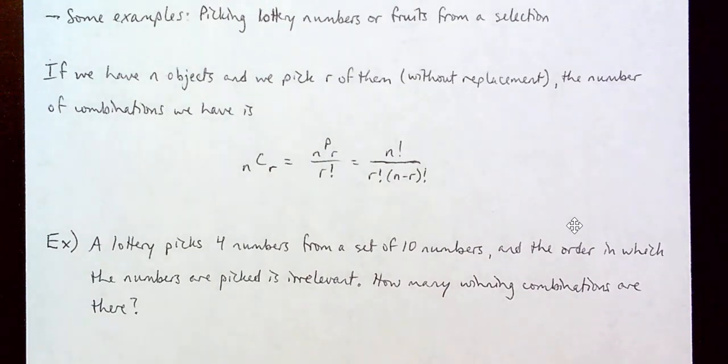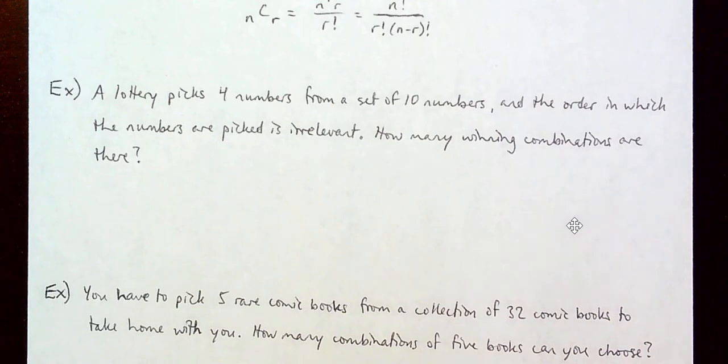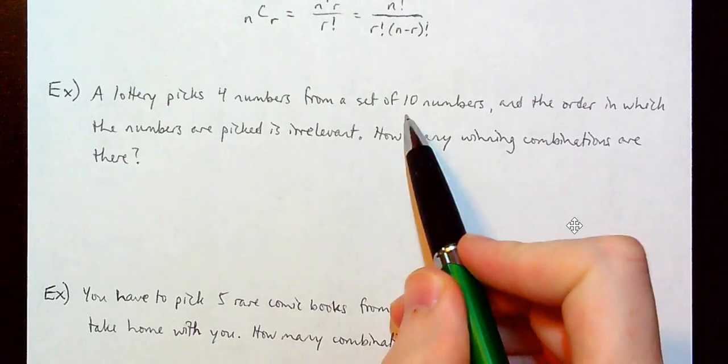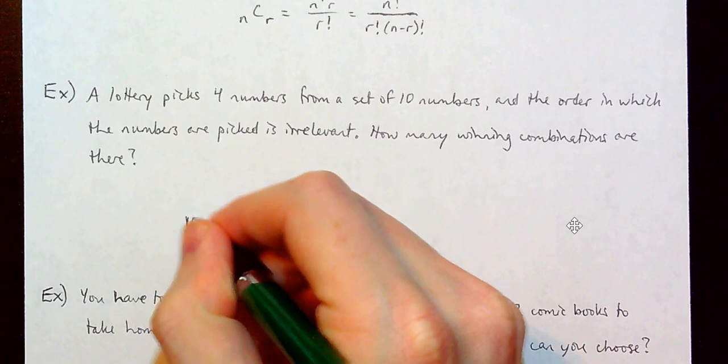So let's do a couple sample problems here, and we'll see what we come up with. First one, a lottery sample problem. A lottery operates in which you pick 4 numbers from a set of 10 numbers, and of course the order in which the numbers are picked is irrelevant. We don't care about the order that the numbers are picked in compared to the order of the numbers on your ticket. How many winning combinations are there? We have a set of 10 possible numbers, and we're choosing 4 of them. So it's going to be 10C4,